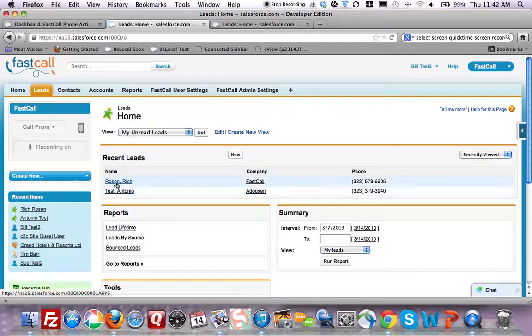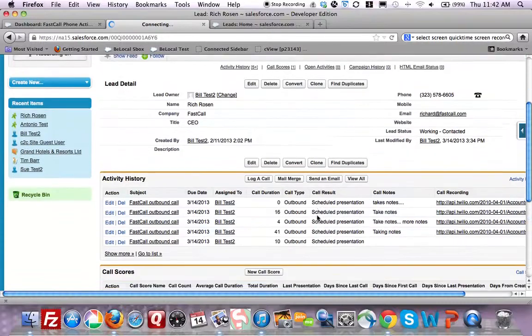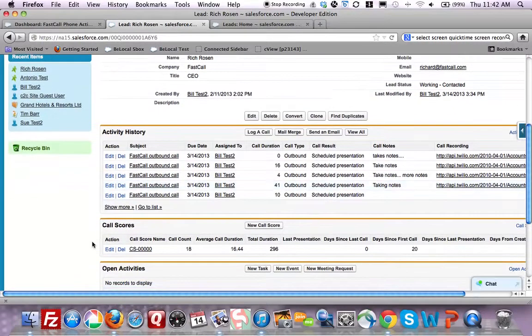One other difference in the paid and free version of the application is our call score. In addition to logging each call, we're also taking some summary data. So in this case, we're seeing that for this particular lead, there's been 18 calls. We're capturing the average duration. And in the free version of our application, we're giving you call count and average duration. In the paid application, we're also giving you things like the total call duration,